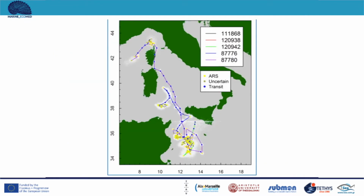These are the whales that were equipped in the Strait of Sicily. This is the behavior of a few whales, and you see a lot of yellow dots, meaning that this area in the winter, we are in between March and April, every year, whales spend a few weeks here for feeding purposes, and as you can see, there is a lot of yellow over there. At some point, the whales decided to move, to leave the area, and they went straight